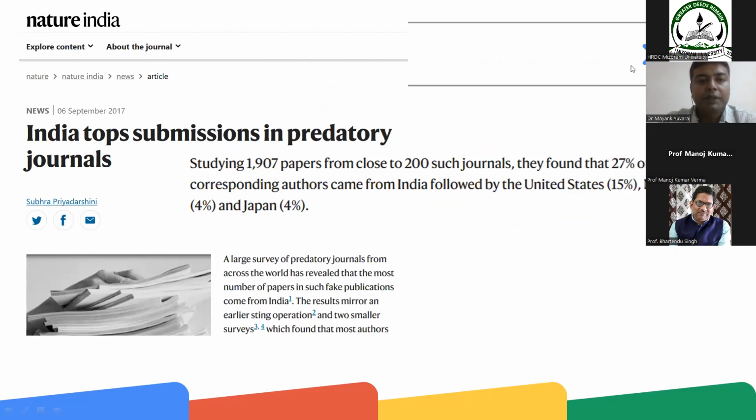There it was published that India is leading in terms of predatory journals, on the basis of a study of 200 journals which has published 1907 papers. They came to the conclusion that the leading number of authors, that means 27% of authors, were from India.